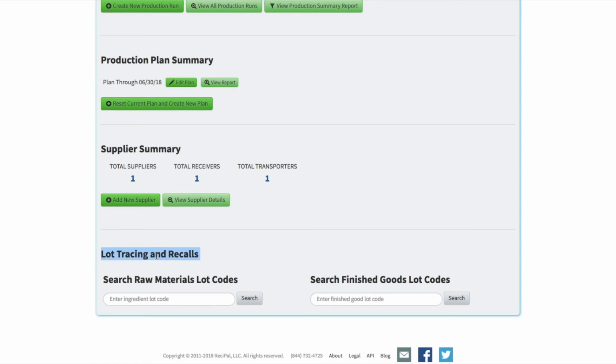And the last part here is our lot tracing and recalls. So if you ever need to do a recall, you can search a specific lot code. So say someone gave us a call and told us we had a problem with a specific lot of our chocolate chip cookies. We can look up that lot code,